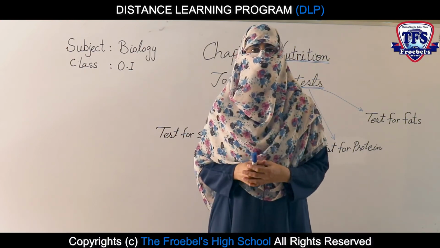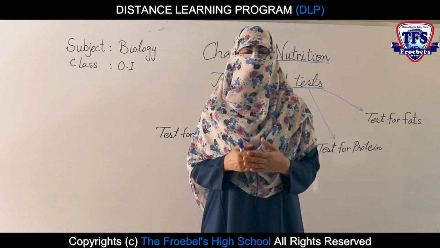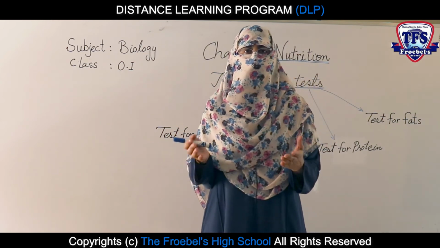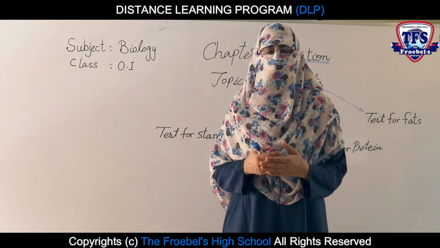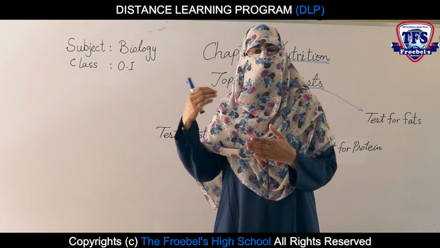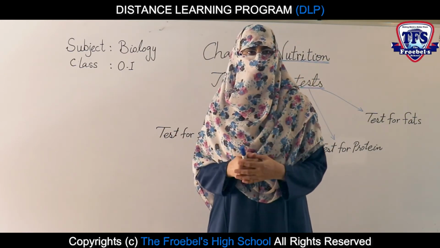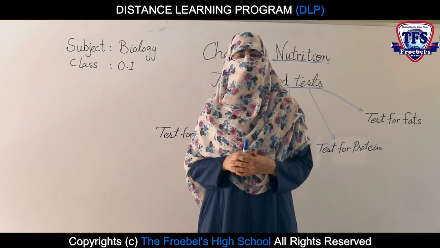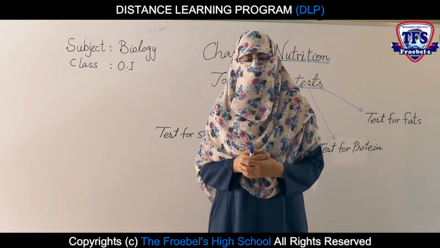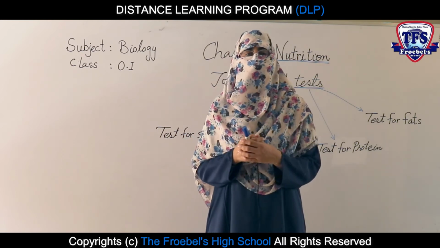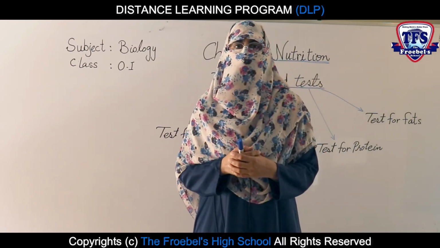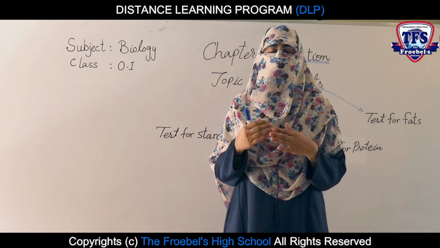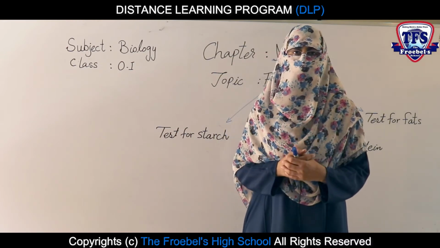These nutrients are the source of energy, the energy which is required for different vital life processes: for our body movement, for the repair process of the body, for the growth of the body, for reproduction, for the synthesis of new protoplasm, for boosting immunity. Immunity means the tendency to fight against diseases. Energy is also required for preventing deficiency diseases, for nerve conduction, and for homeostasis. Homeostasis is basically the maintenance of the internal body environment, to keep the internal environment constant, which is required for the vital life processes.